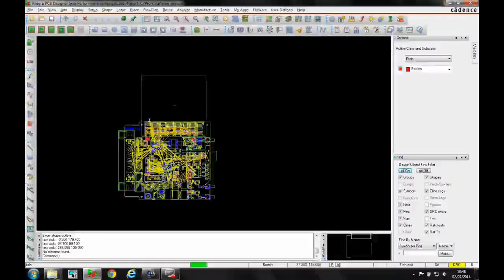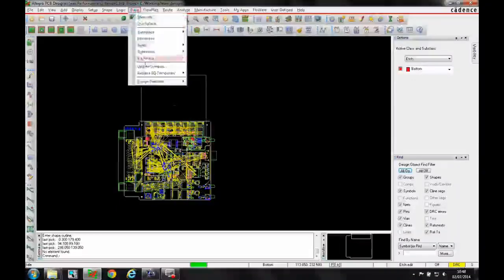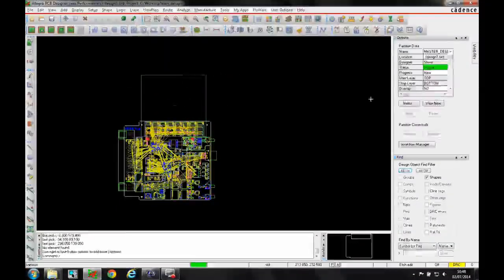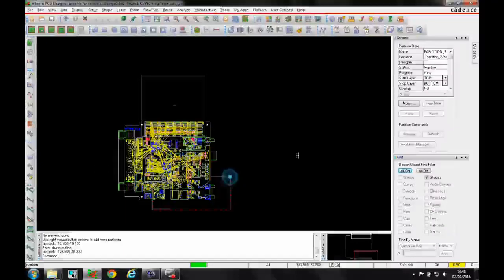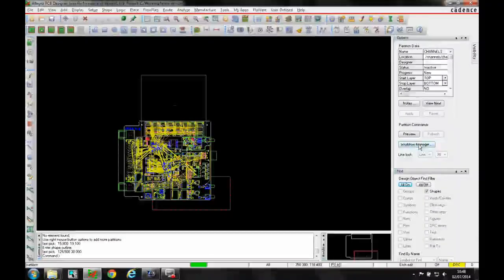So once you've got your partitions on there, let's just create another one. If we just go Design Partition, we'll create a partition. I'll just draw one over this kind of section. We'll call it Channels. I've now got the option to go to the Workflow Manager, so let's go and look at